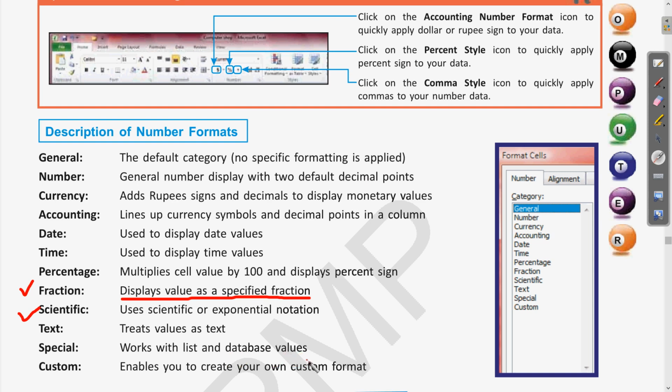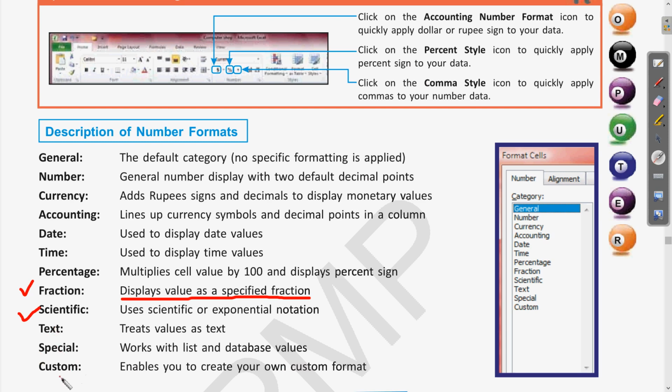In the coming chapters we will see about databases also, like the software which we use for databases like MS Access. So if we want some data fields to be written in the form of database values, for that we can use the special format.